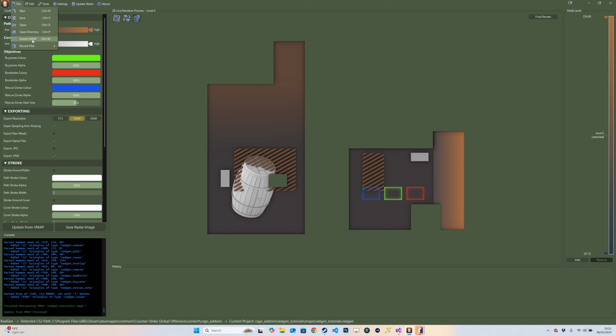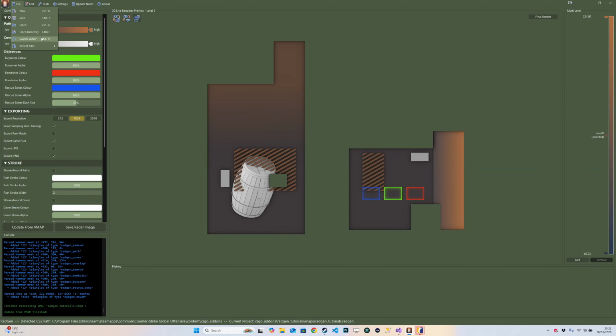it is most useful and mostly only useful when you're doing something like greyboxing and versioning a VMAP. Say, for example, you go from V1 to V2, you might want to keep the project file you've used for V1, but point it at V2. Obviously, you could just create a new RadGen project for V2. But yeah, if you've been configuring any values in here or things like that, then you can instead open up